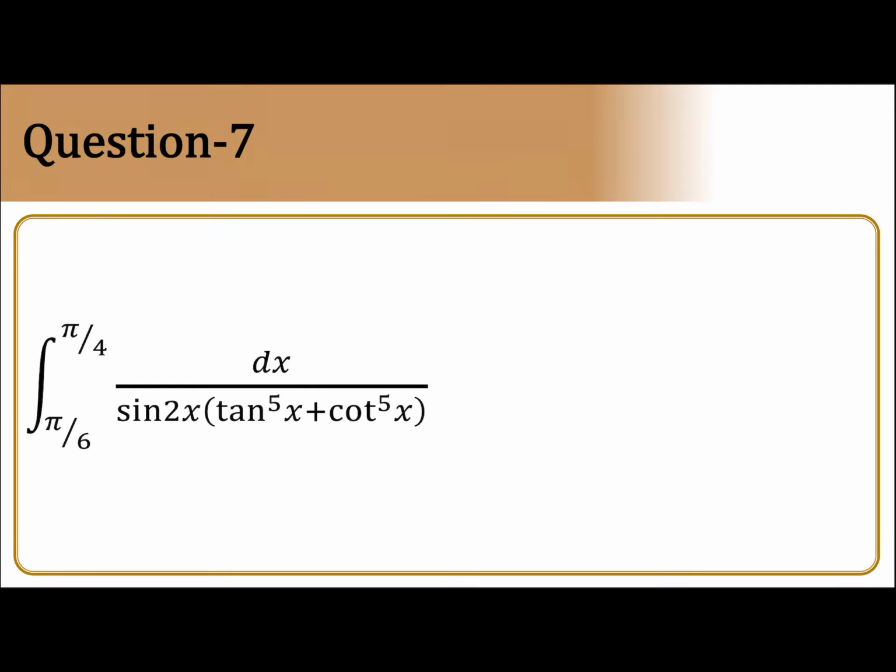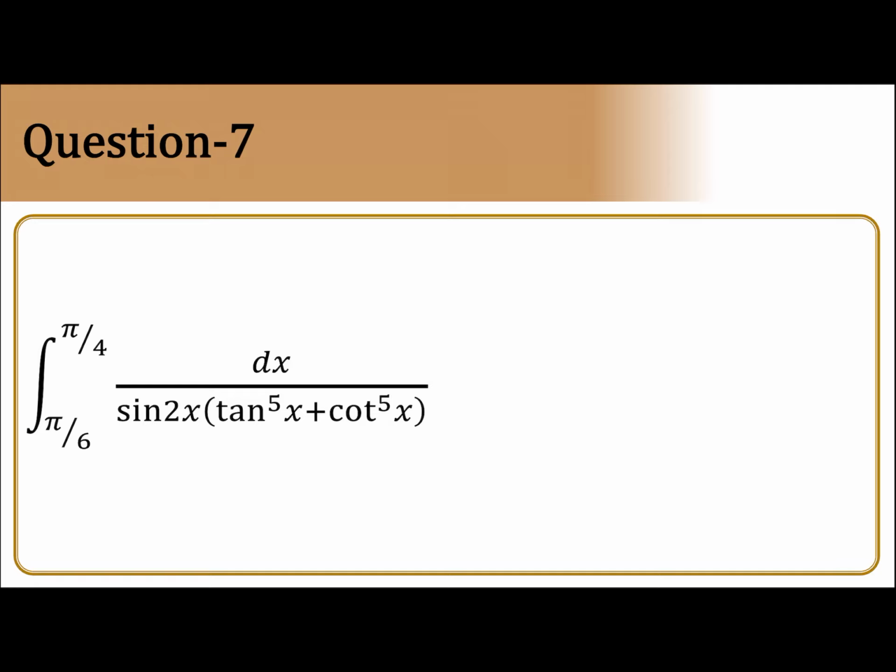Let us come to the 7th example. Why we took this example is there are 3 stages in this problem. This one seems to be big angles, but stage 1 is convert into sine and cos, stage 2 is proper substitution, stage 3 is after substitution, when you get the integral, putting the upper limit and lower limit very carefully.